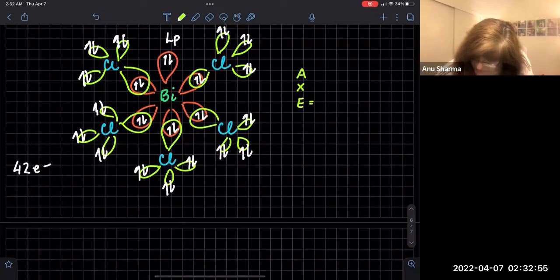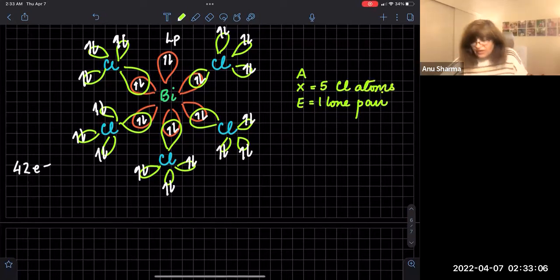So there is 1 lone pair, and there are 5 chlorine atoms, and there's only 1